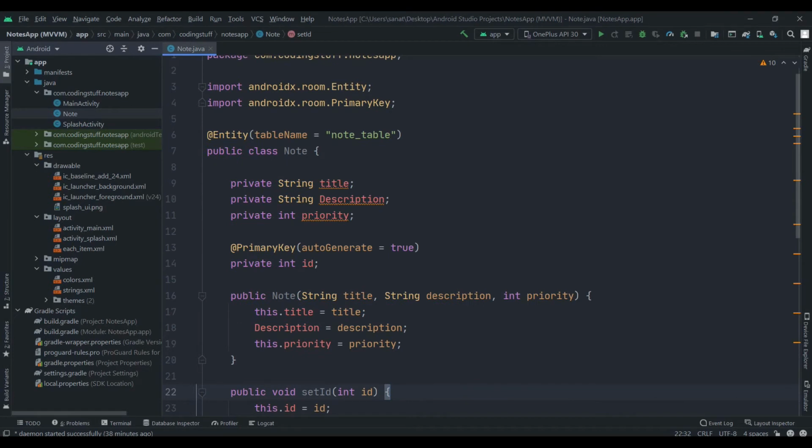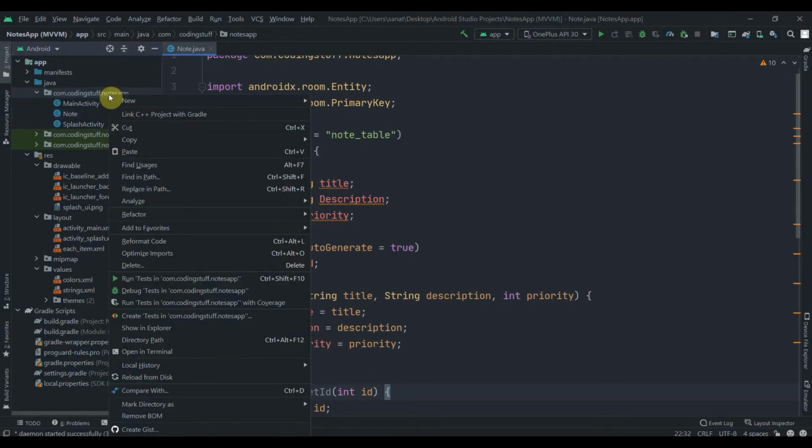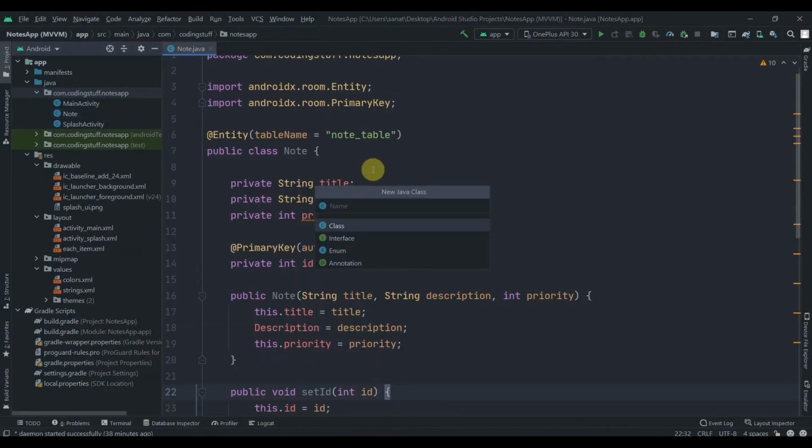So now we will need to create a DAO, which is a data access object, where we define all the DB operations that we want to perform on this Note object or Note entity. So let's click on the package and select new Java class, and this will be NoteDao, or we should keep it in capital, NoteDAO, and we'll select interface.